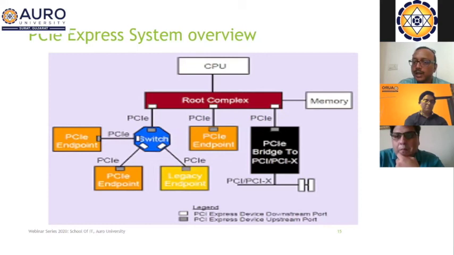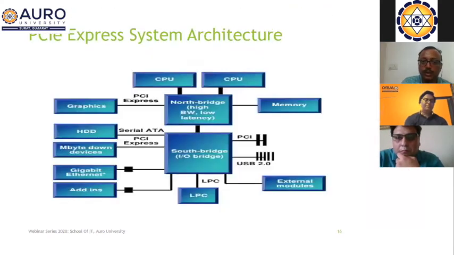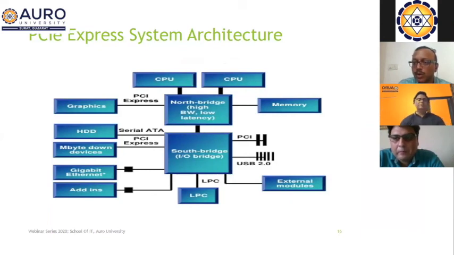A CPU can be attached to a PCI bus. If you check this, this is all interconnect. Now they are defining the PCI interconnects. So in robotics, I think you can use PCI,